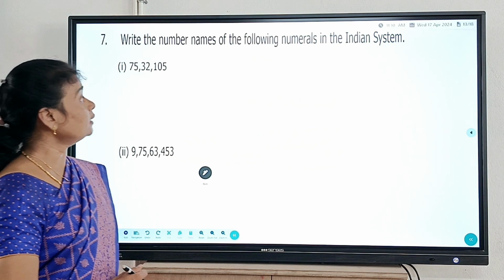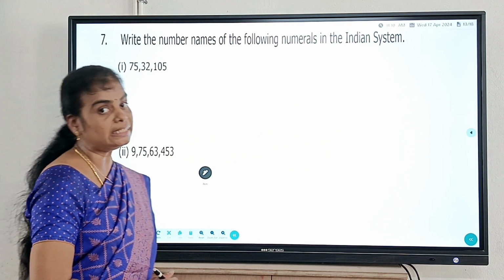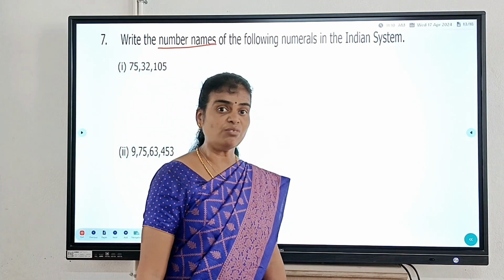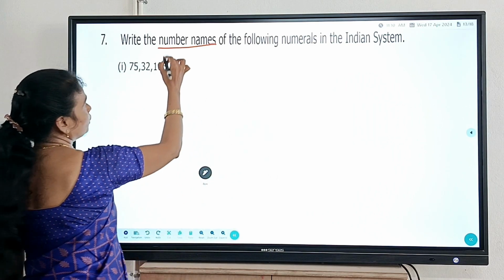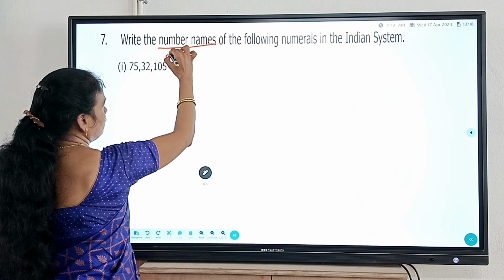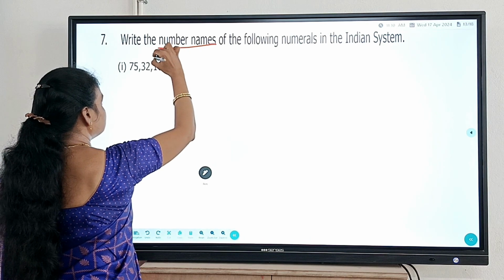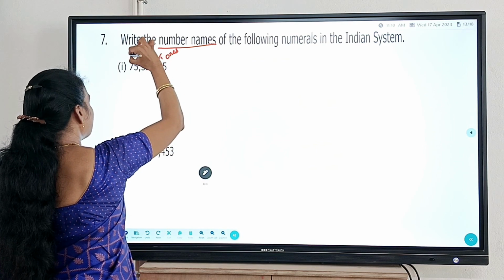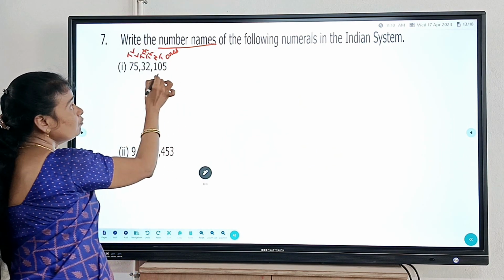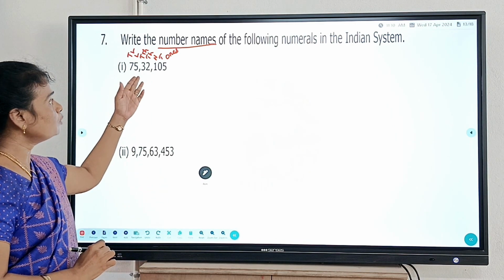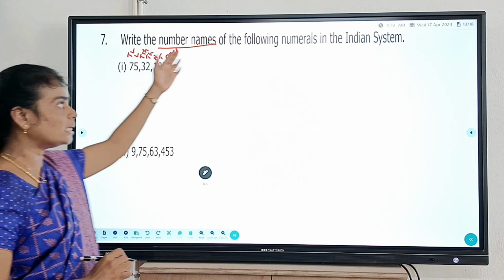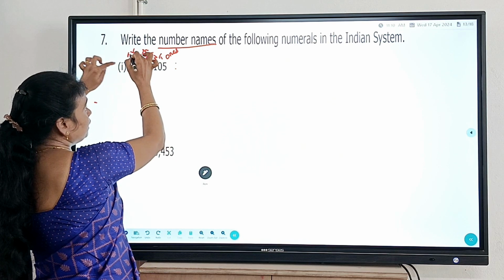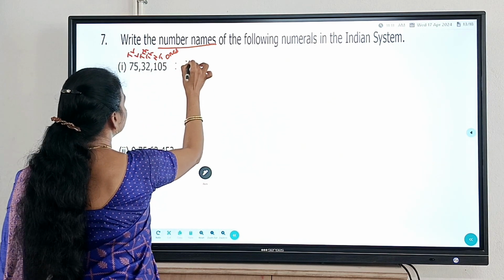The next one, write the number names of the following numerals in the Indian system. What I mean by number name is that you have to write the place value in words. Clear? So here ones, 5 comes in the ones place. This is tens, hundreds, thousands, 10,000s, lakhs, 10 lakhs. And here, if you identify the commas, we can come to know that it is in the Indian system and we are asked to write in the Indian system only. So how will you write this? 7 is in place of 10 lakhs. So you will write